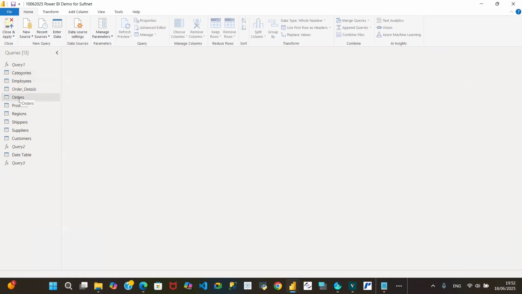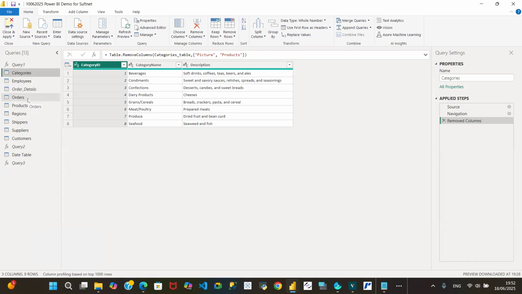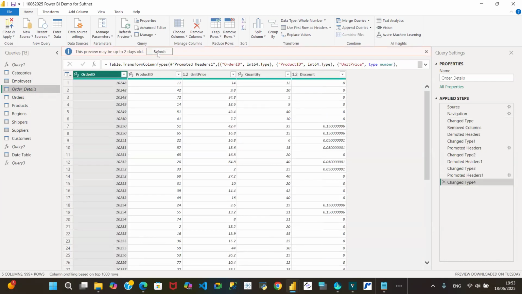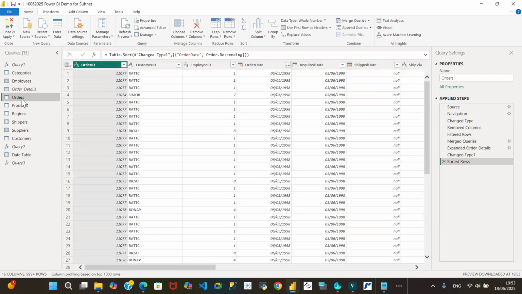So we've already succeeded in cleaning most of our tables. Yesterday we merged orders to order details. So everything that's in order details, which is mostly product information, has now been brought into orders. So we now have the order ID, we have the